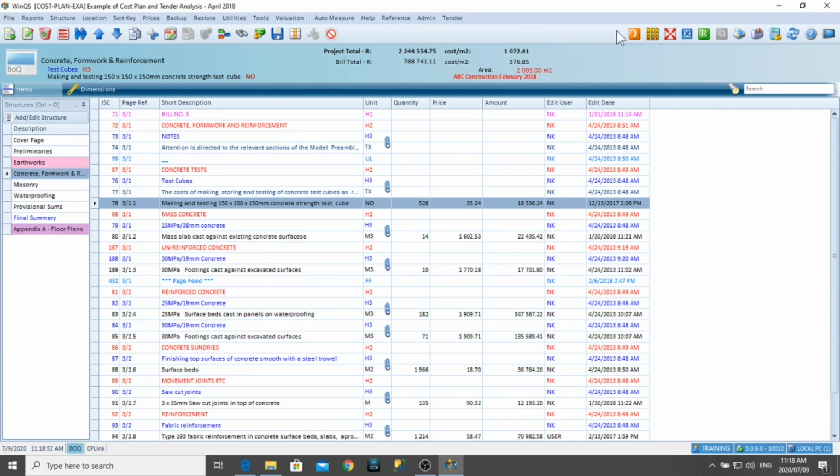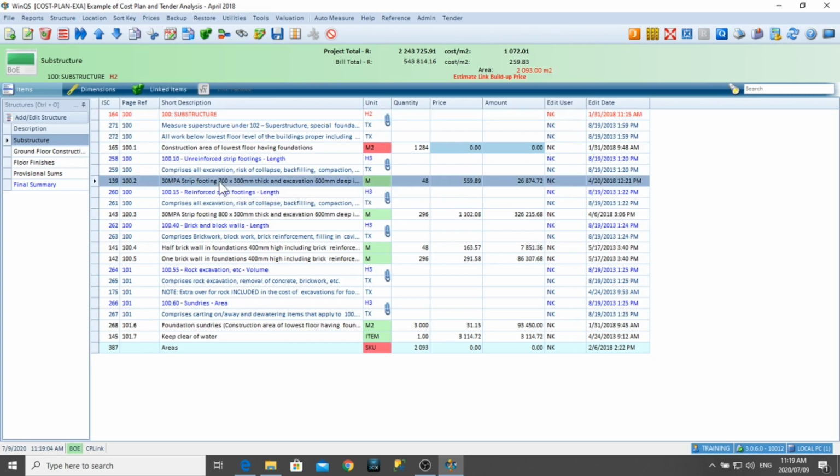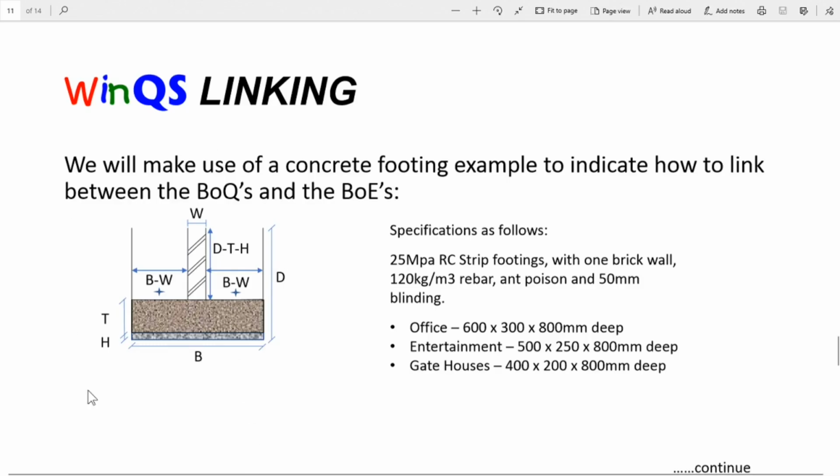Then the linking process, if we go back to the Bill of Estimates, you can see the Bill of Estimates of course then will have its own structure, and in this case it's based on the estimating guide. We've got the strip footing here. And if we go back to our presentation here, this is now the typical footing that we have for this specific office block. 25 MPa with a 1 brick wall, and it's got rebar, etc. And we've got the size, and there we've got constants. Okay. Now,